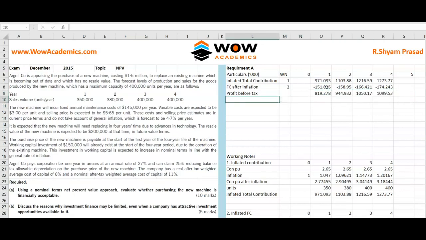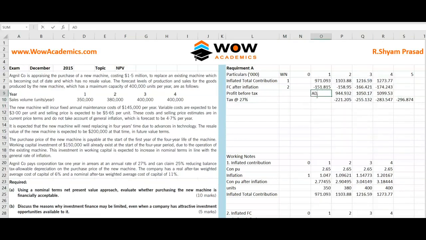and to find out the next step, just tax at 27%. As tax is in 1 year arrear, you can take this number into negative 27 percentage. So you get the number and you copy it for the 2nd to the 5th year. So you got these numbers, but we have